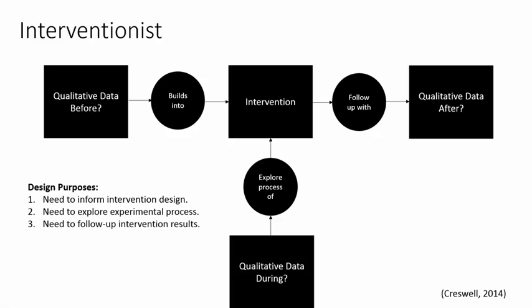Let's say I'm collecting qualitative data, and that would build into an intervention. So I may take qualitative data, look at particular experiences and so forth, and use that information to make decisions about how to structure an intervention of some kind, an experimental intervention, right? So that would be one